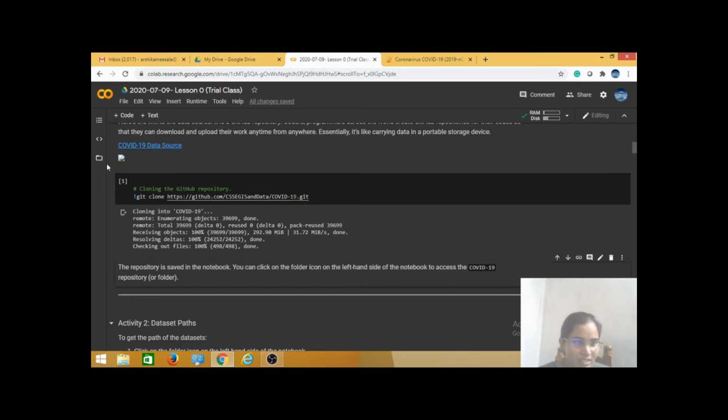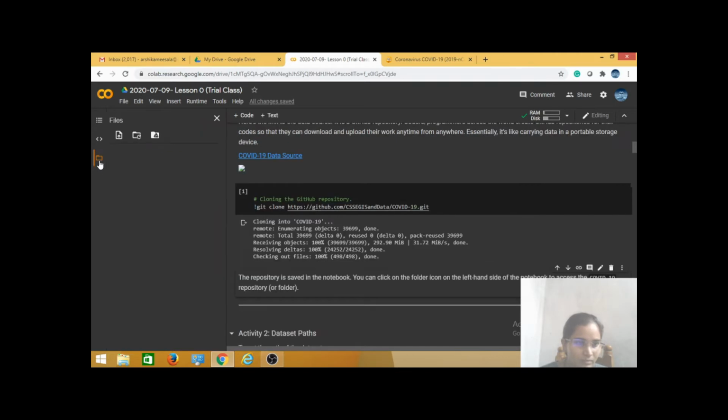Here we have three icons. In that, we have the file icon. Just click on that, and next you are able to see two folders, COVID-19 and sample data. You just click on the tiny arrow next to COVID-19.